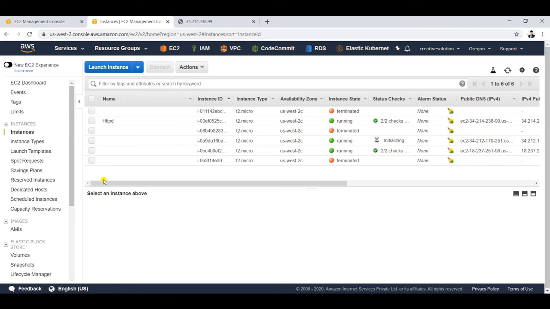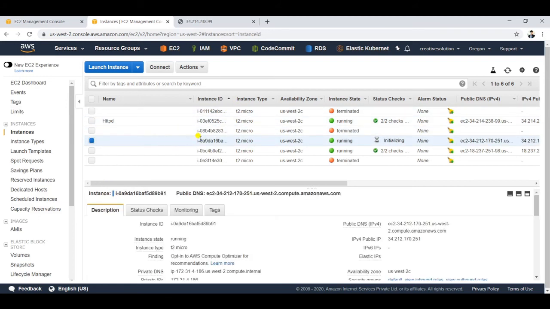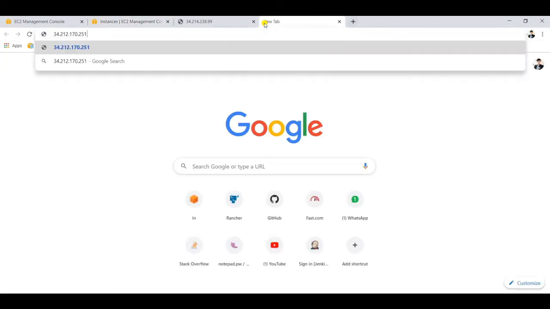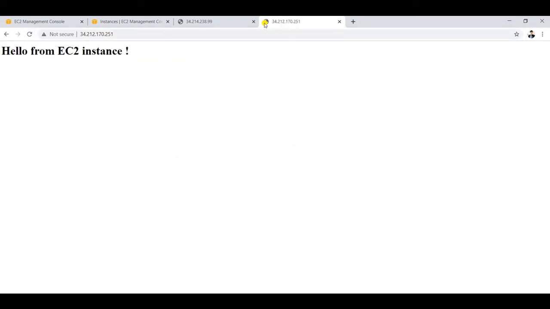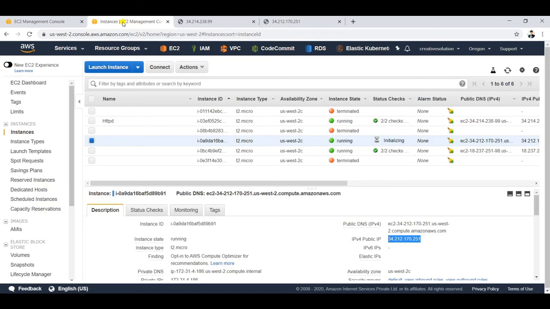So I think this was the instance. It is still initializing, but I think we can check this out. We'll click the IP here, and we can just go to a new tab and open it. Yeah, as you see, "hello from EC2 instance" with an exclamation mark here. You see, this is the only one which is running. This has nothing here. This is the instance which you have launched. See, this is a simple way you can do HTTPD, and there are various other things you can do with an HTTPD server. Now you can launch your applications here.